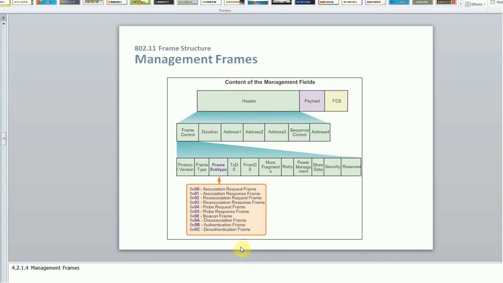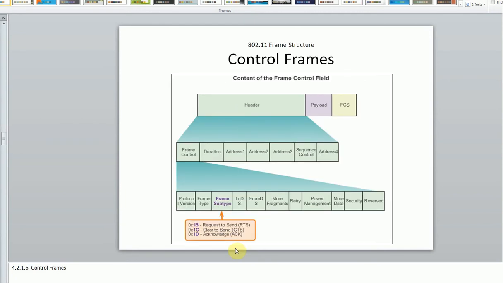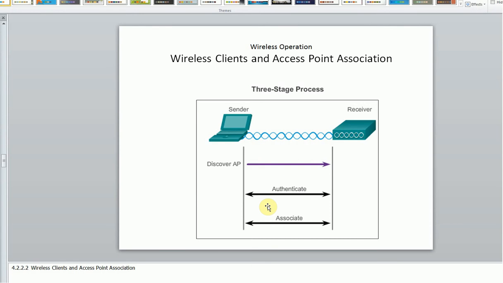These are the types of management frames. We have different control frames, which are subframes that specify when a packet needs to be sent. RTS, CTS and acknowledgement are the three things in the control frame to determine when the packet needs to be sent and when there will be an acknowledgement. There is a request to send first, then a clearance to send the packet, and then an acknowledgement as a reply to say whether the packet was received or not.